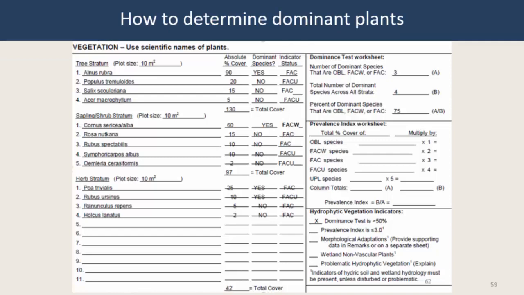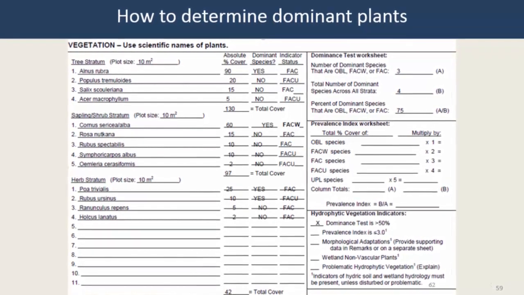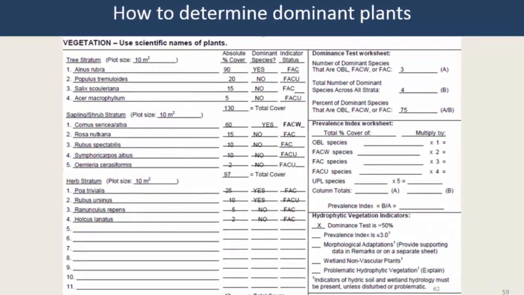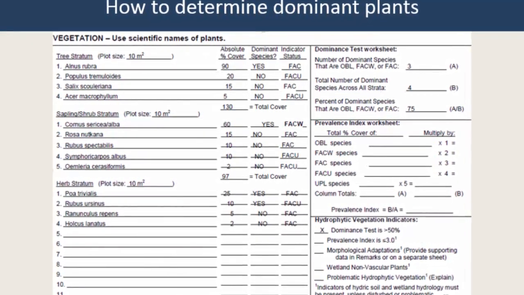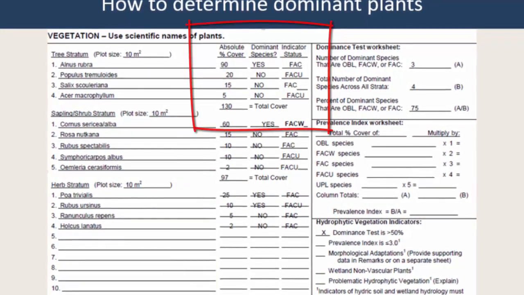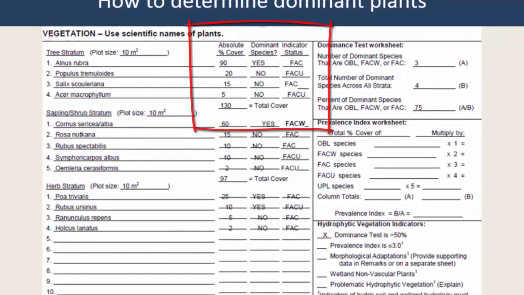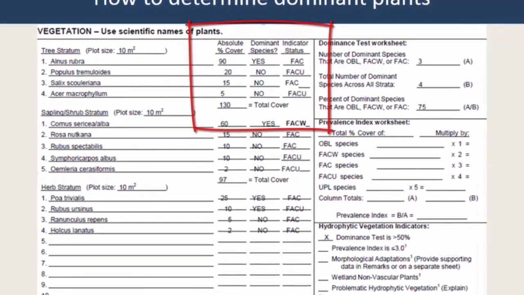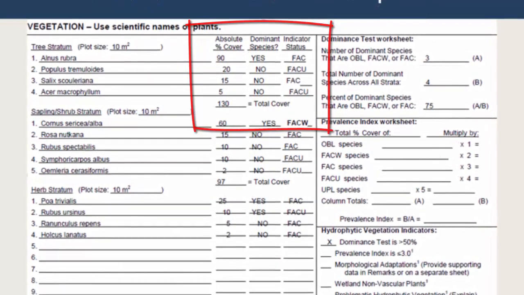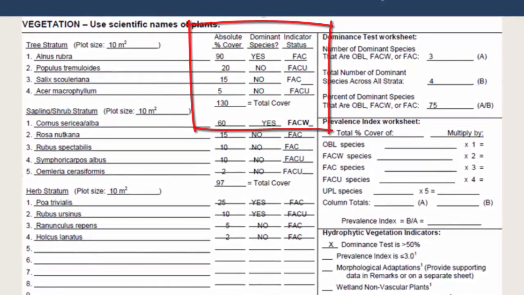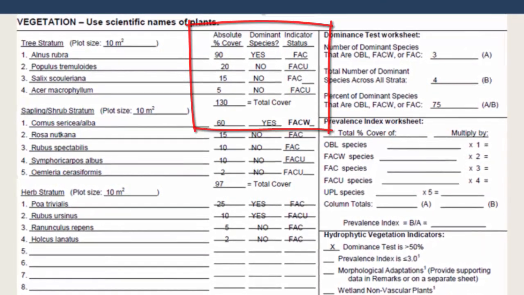This is an example of the vegetation portion of the delineation form that has been filled out. All the plants in each stratum that are located in the plot around the soil pit observation hole are used. The percent of the plot that plants of the same species cover is recorded as absolute cover. You will note that one can have more than 100% of the plot covered because plants can grow underneath or over each other and they can cover the same patch of ground surface.